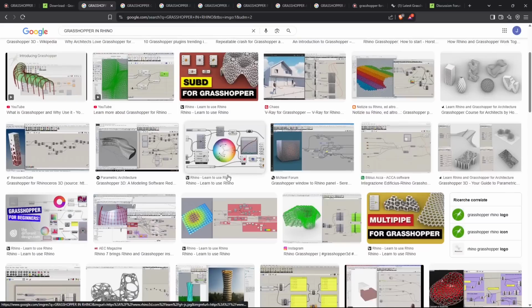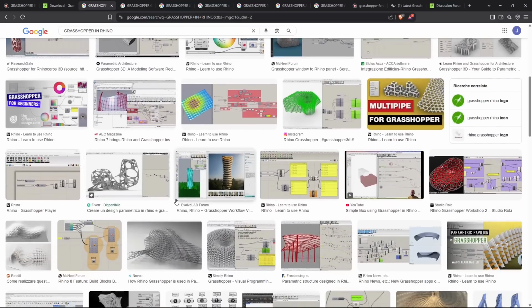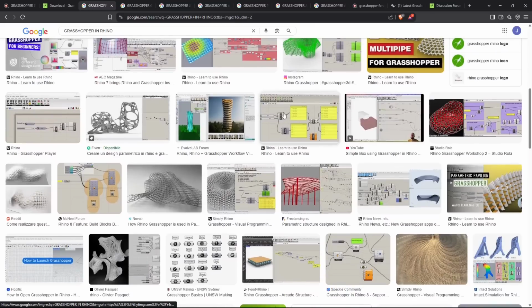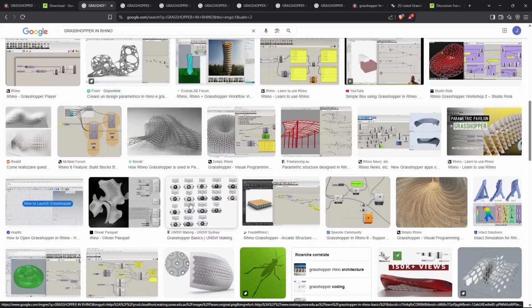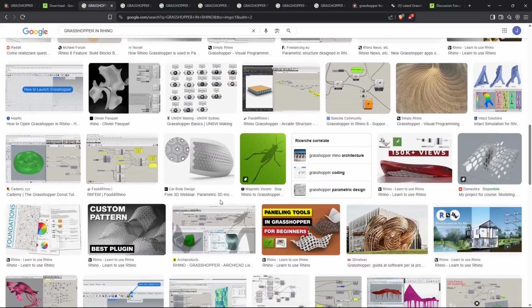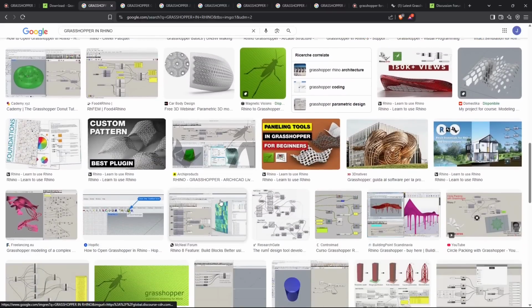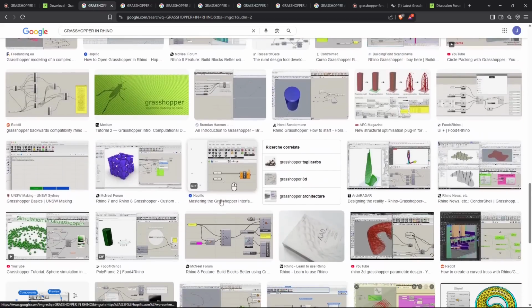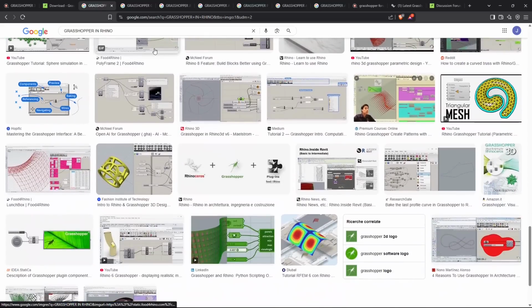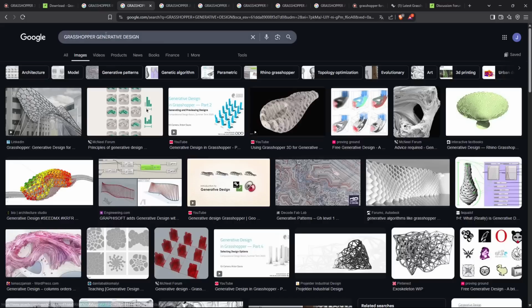And well, you don't need to use Grasshopper. It's not mandatory or necessary if you want to create design or architecture. What Grasshopper does, it adds more functionalities, more modeling techniques or modeling processes that we don't have with the usual 3D modeling in Rhino, which works with NURBS, or in other software like Blender or Maya or 3ds Max. So it basically adds another way that you can model, and it's usually used to create patterns,